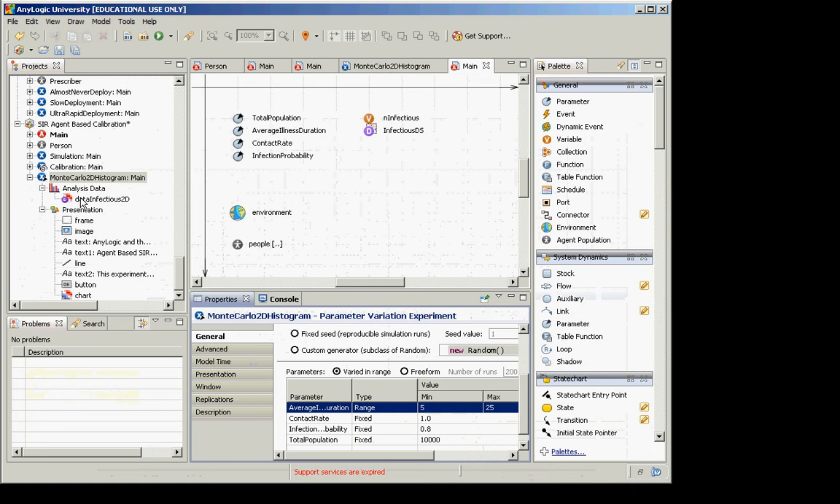So you have to click on varied in range, and then you have to change this to range from fixed, okay? So we'll do done here,